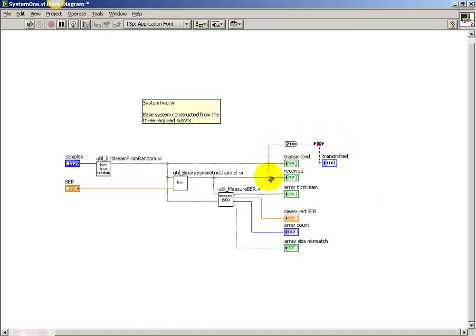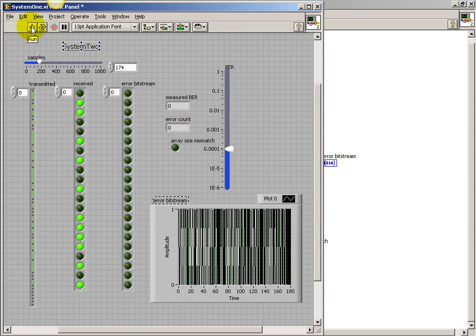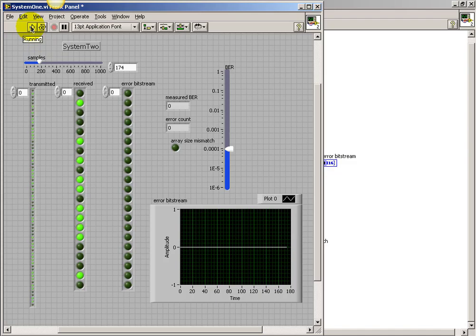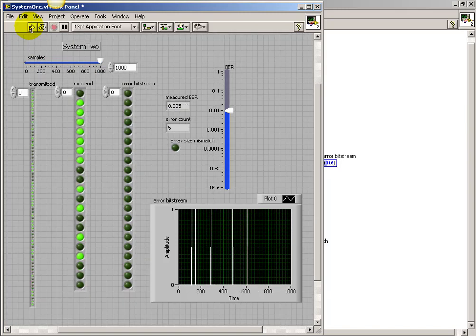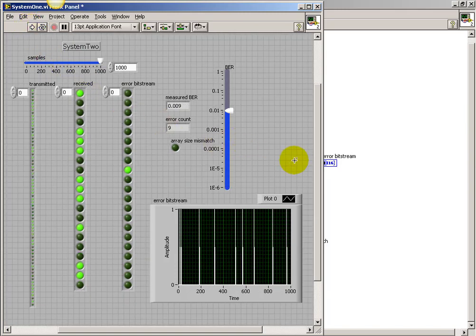Now in order to see the waveform actually responding to that specified bit error rate value, let's go ahead and connect the waveform plot to the error bit stream. Alright, so if we push the BER up just a bit, maybe a little bit higher. Alright, there we're starting to see some errors cropping up. That would be a value of 0.01. Now, as we generate many more samples, then we start to see more errors pop